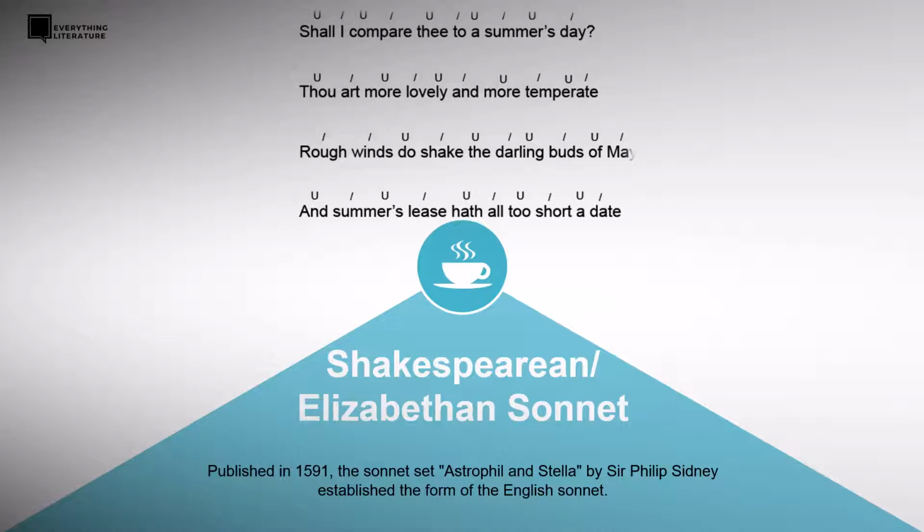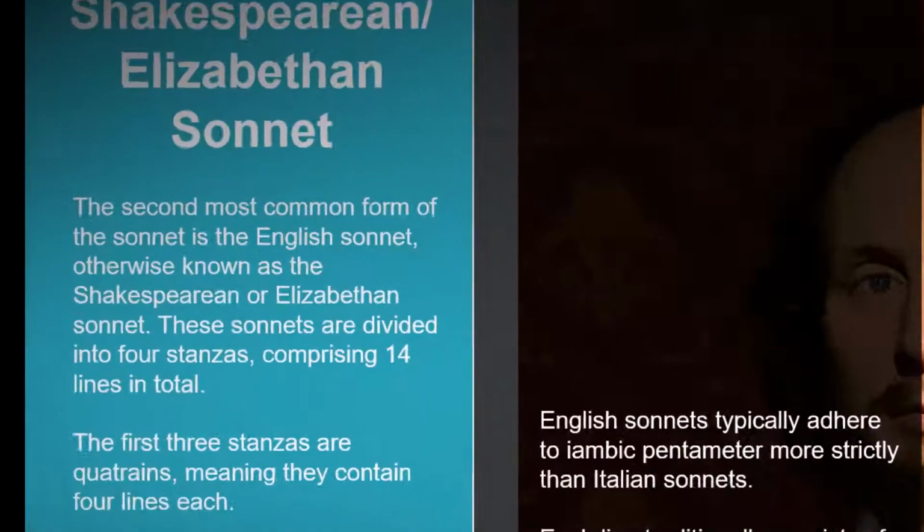Okay, so a Shakespearean sonnet published in 1591. The sonnet sequence Astrophil and Stella by Sir Philip Sidney established the form of the English sonnet. So it's better you first know it as the English sonnet and not just the Shakespearean sonnet, because it was actually invented by Sir Philip Sidney, popularized by Shakespeare himself. The second most common form of the sonnet is the English sonnet, otherwise known as the Shakespearean or